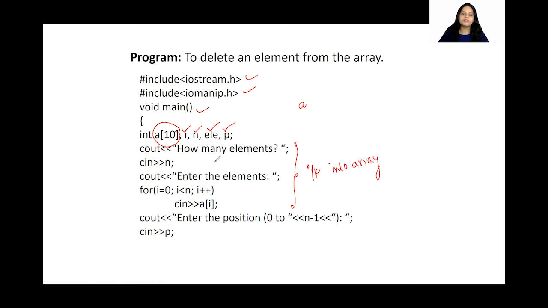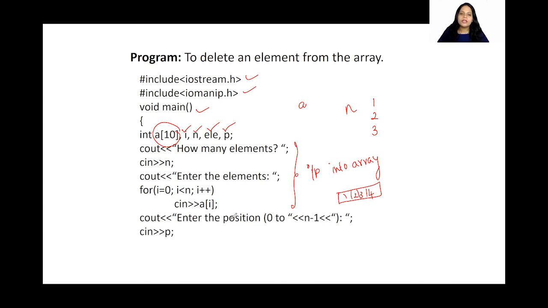What I'm doing in that is first saying enter the number of elements. I'm going to take the n value and then ask the user to enter the elements into this array. As and when the user is entering, it is going to get stored in my array. I have explained this many times, so I'm not going to explain this code. I hope this is clear.